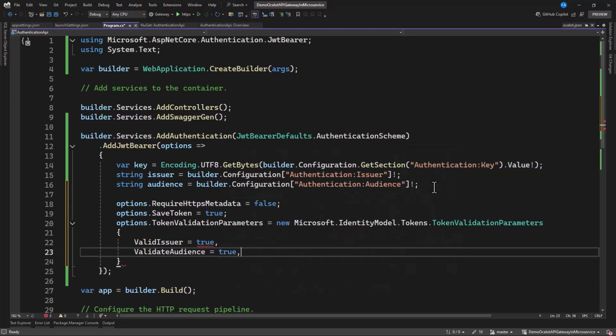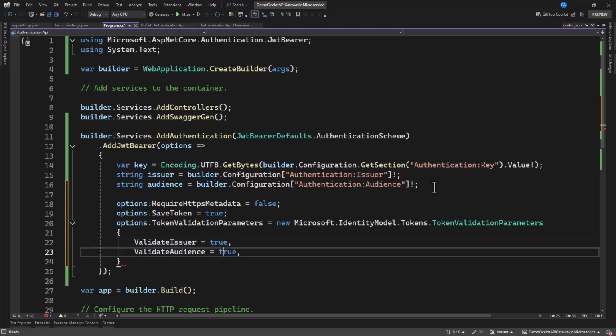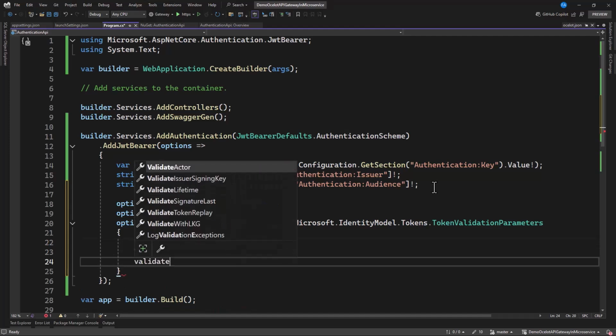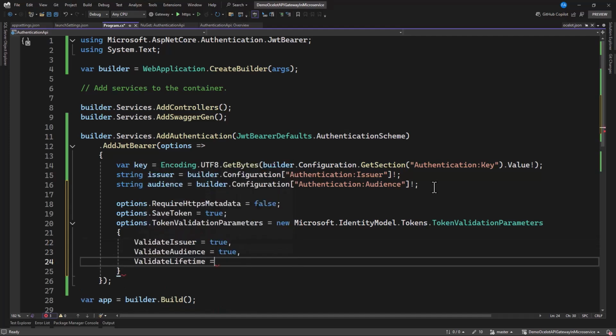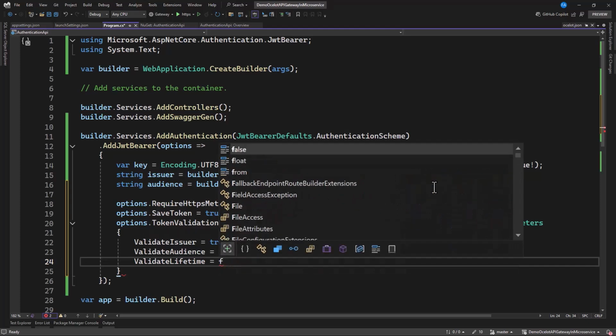Okay, now let's set ValidateLifetime. With the lifetime, we are not having a refresh token yet, so let's set this to false. So our token never expires, so false.